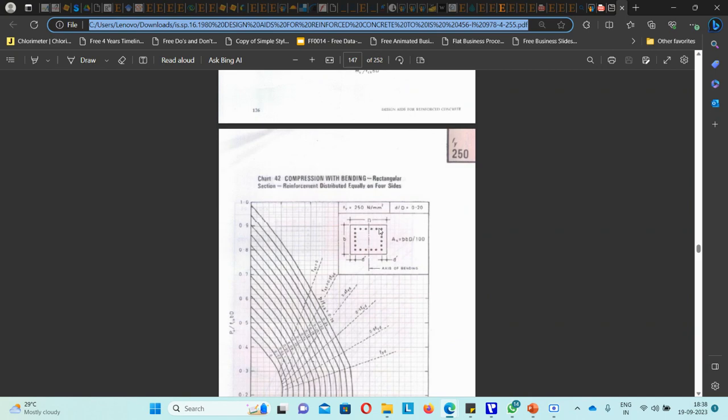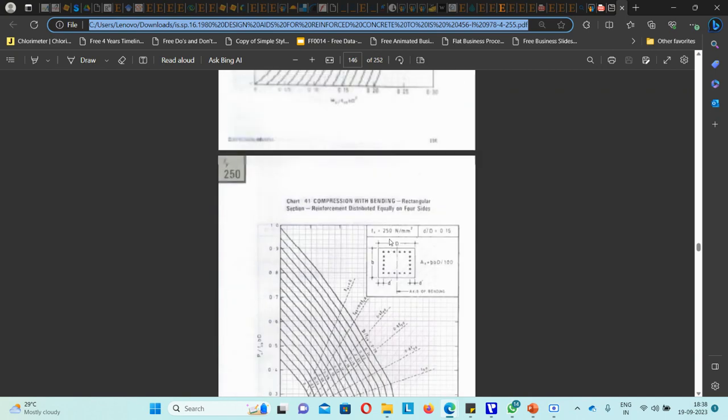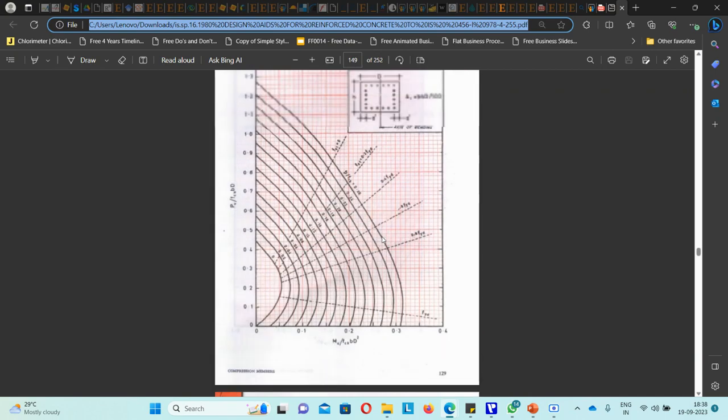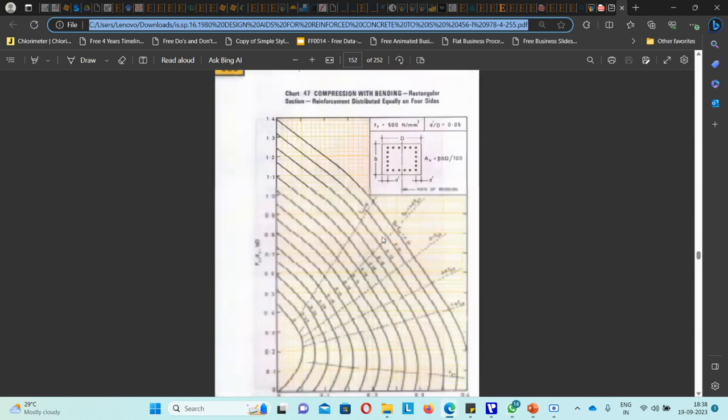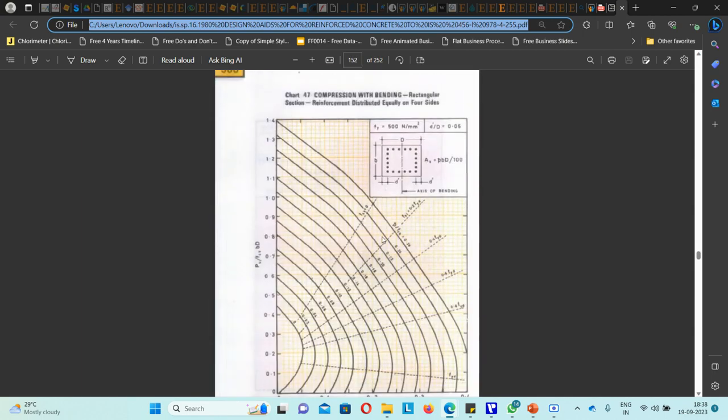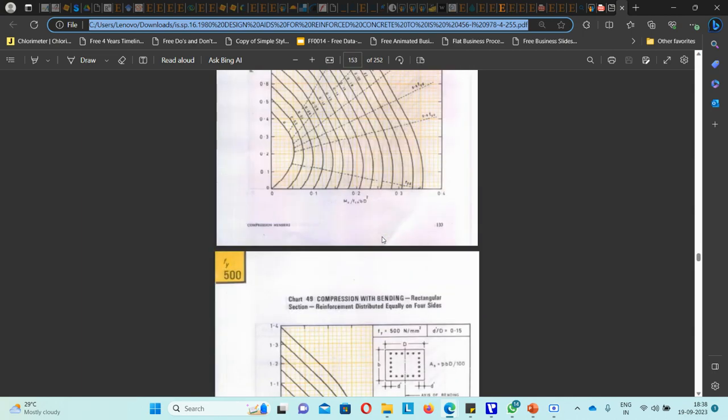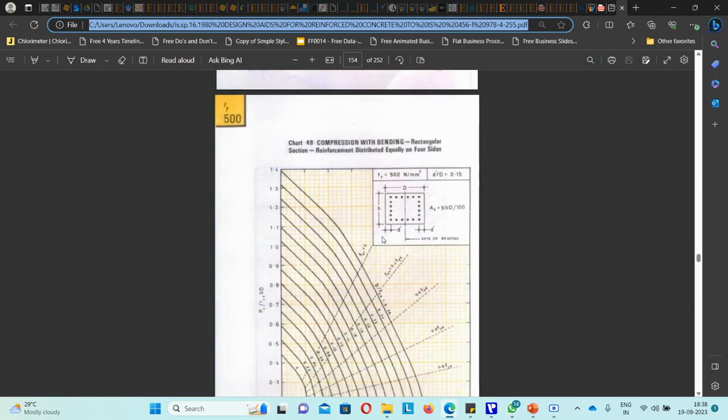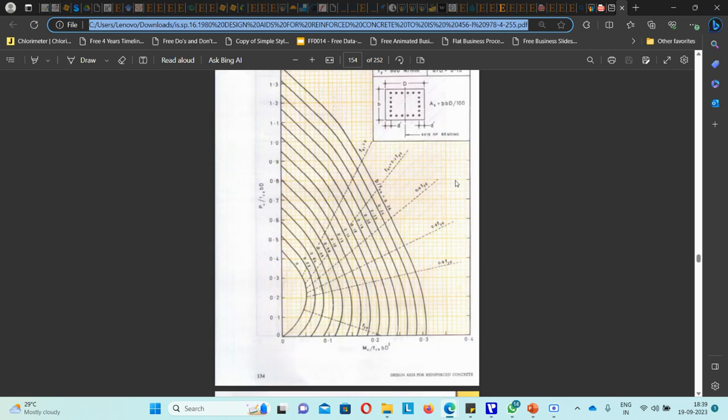These are reinforcement equally distributed along all four sides. So here going to fy 500 and d dash by D as 0.15. So this is the chart. Chart 49, reinforcement distributed equally along all four sides, fy is 500 and d dash by D is 0.15. So in this chart,